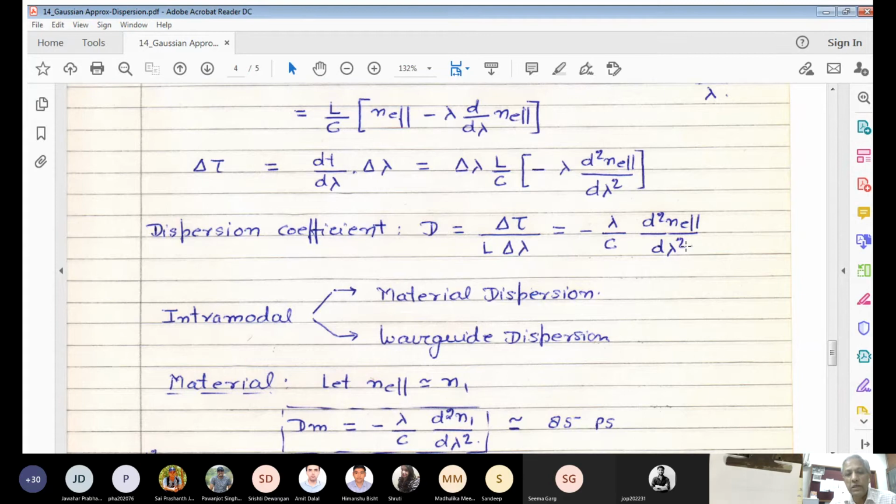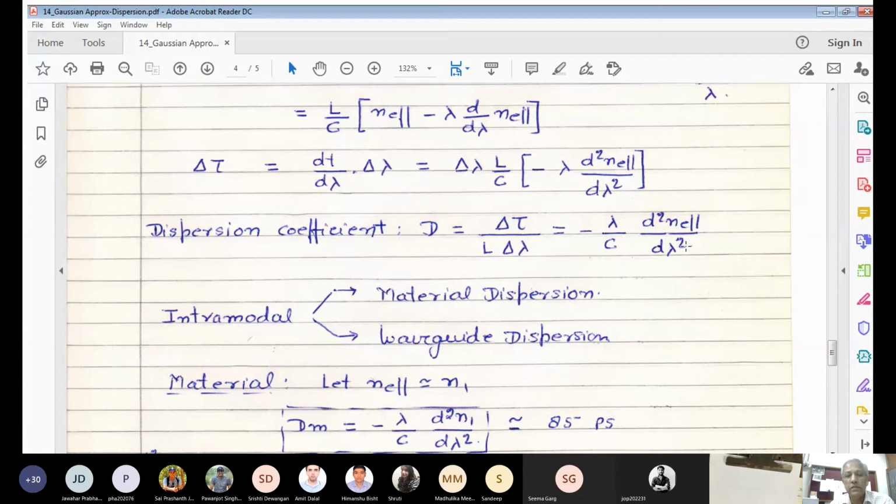But then there's another component, what is known as waveguide dispersion. Suppose I consider a very ideal case, in which both core refractive index and cladding refractive index, I am repeating this, I had discussed it earlier also, but those who have not listened clearly, it should be clear to them. Because n1 and n2 do not depend on wavelength, although it is not possible, let me assume.